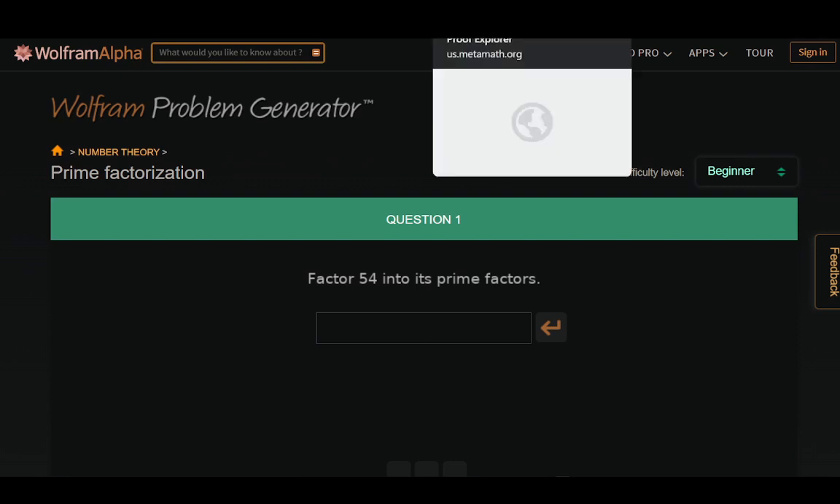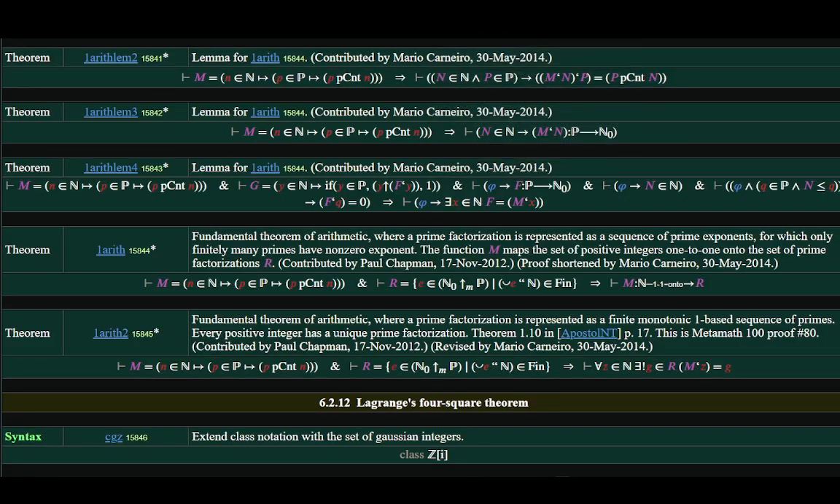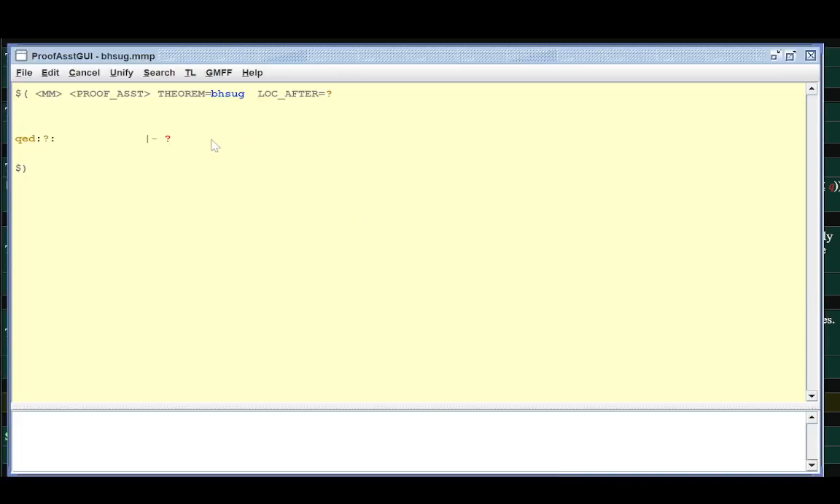And already in the database, we do have the fundamental theorem of arithmetic, which says that a prime factorization is a sequence of prime exponents, for which only finitely many have non-zero exponents. So basically, you have a sequence of prime numbers. For example, this one is 2 times 3 cubed, so the exponent is 3, and 2 and 3 are prime. This proof shows that there's a one-to-one correlation. If you can find a prime factorization of something, then that is a unique representation of the number. Okay. So I think if we prove that